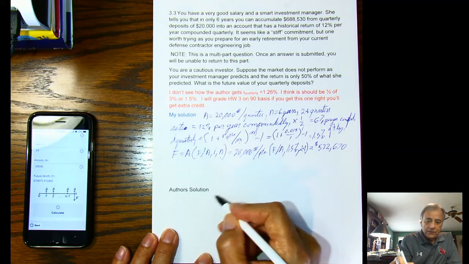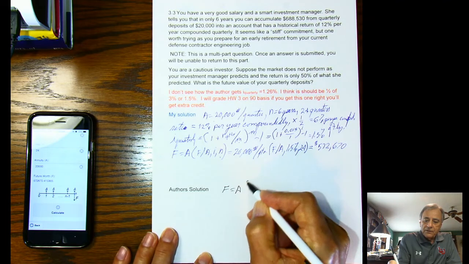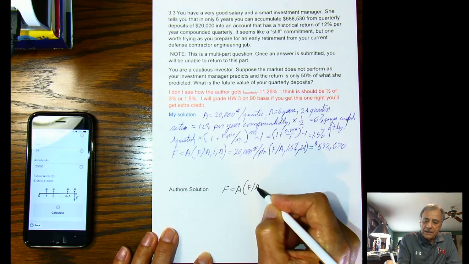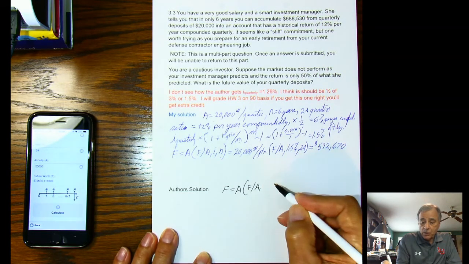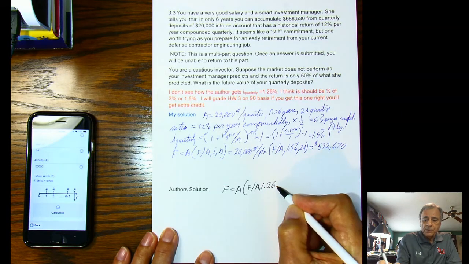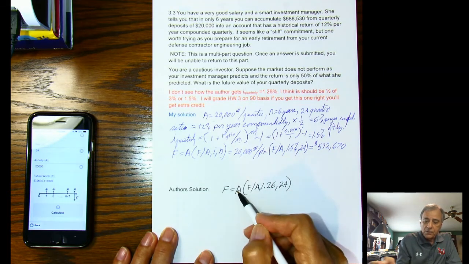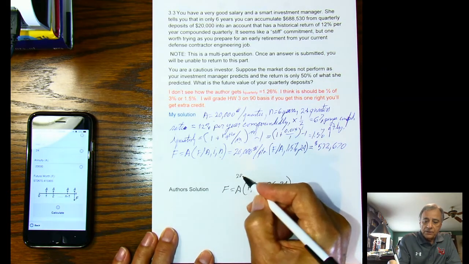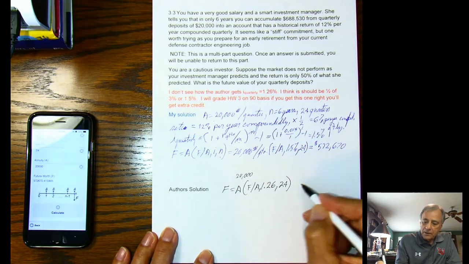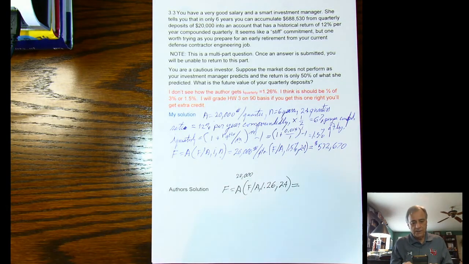So the author basically says F is equal to A times (F given A), but for the quarterly rate, the author uses 1.26%, and of course N is 24 and A is 20,000. When you use that, you get the answer that's in the answer key,